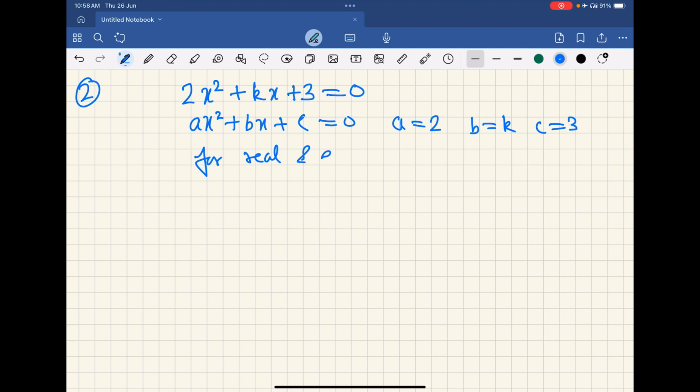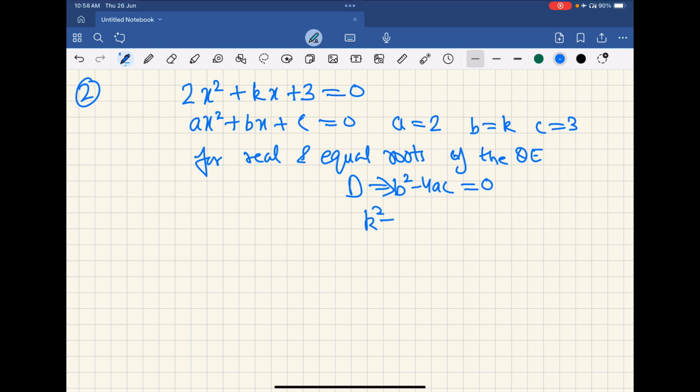Now the question says that they have two equal roots. So हम कहेंगे for real and equal roots of the quadratic equation, d which is equal to b² − 4ac should be equal to 0। अब b² क्या है? b है k, सो k² − 4 × 2 × 3 = 0। सो k² − 4 2s are 8, 3s are 24 = 0। अभी k² = 24।